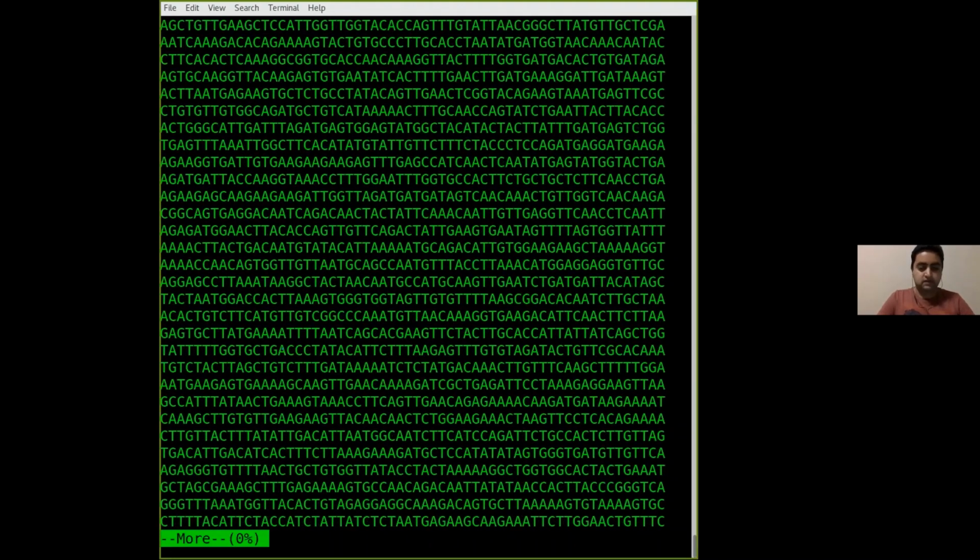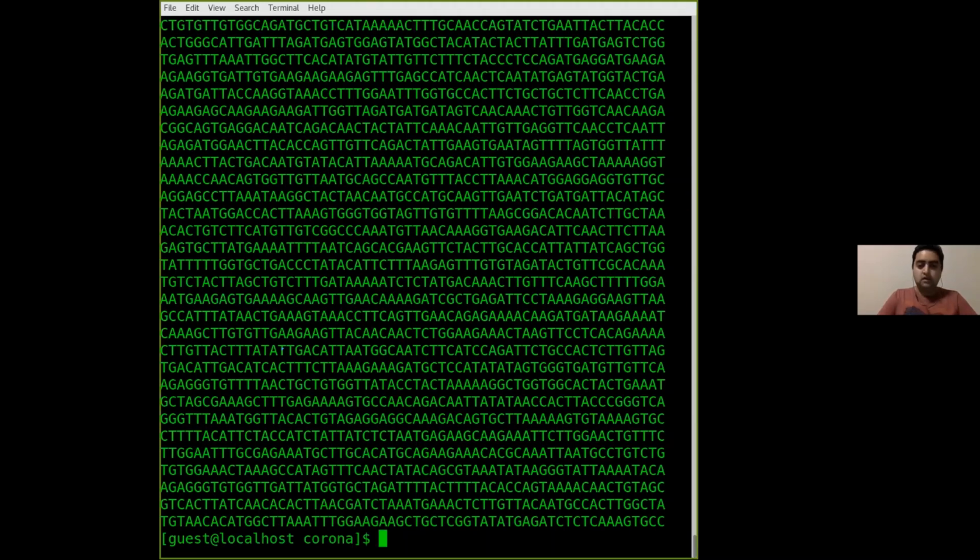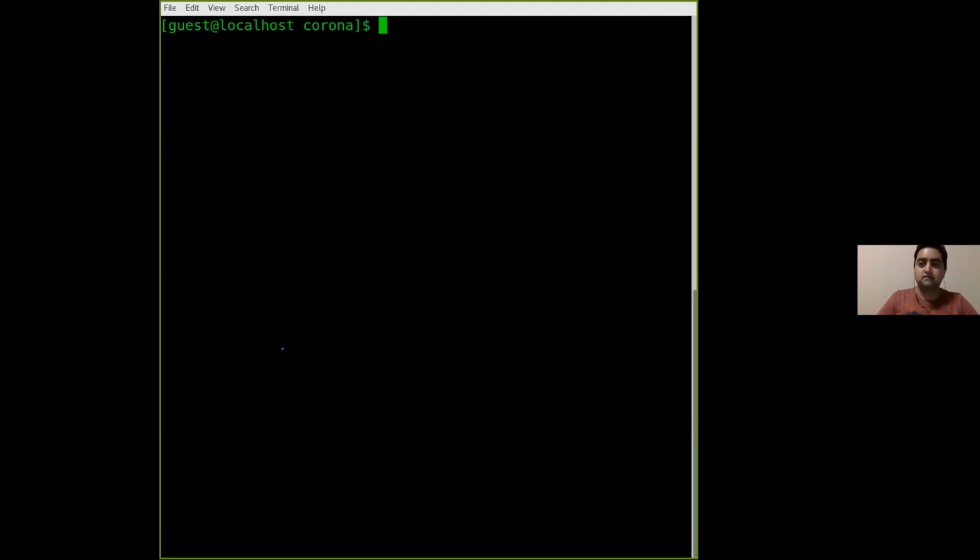So what percentage are we viewing? And there is a lot of information in your terminal, so I want to clear this up and start from the beginning. It's clear. It's literally clear. So start here. So now, list gives us page by page, but I just want to look at the first few lines,